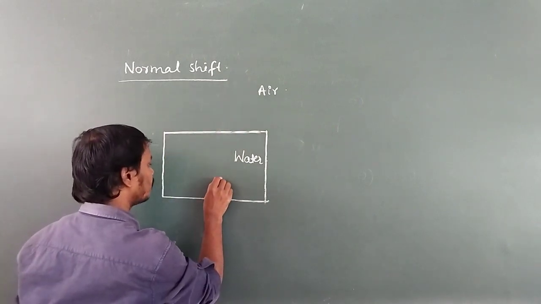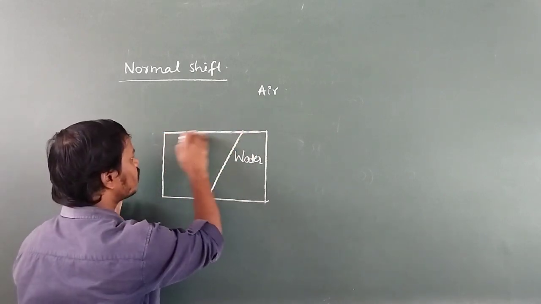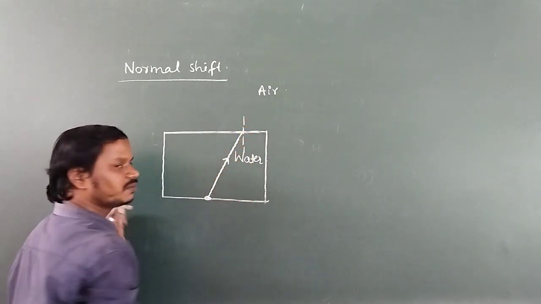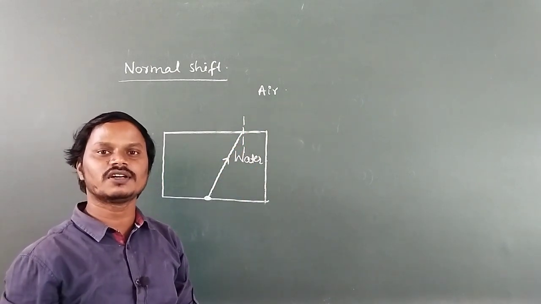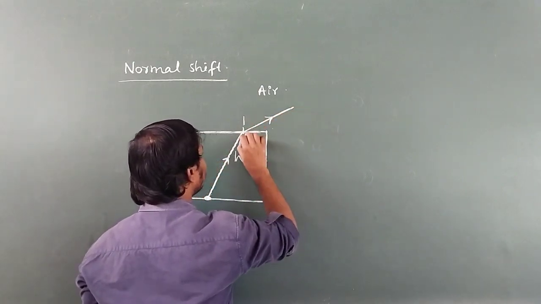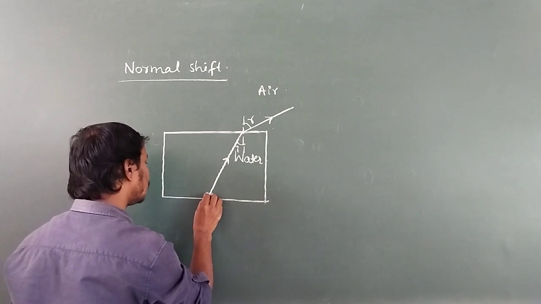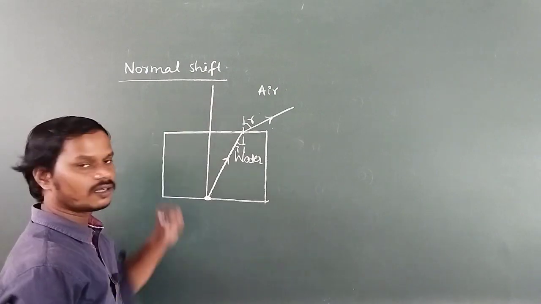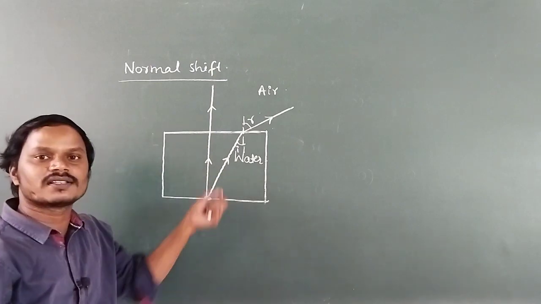Then see here, the light ray coming from the object is incident obliquely on the surface which separates the air and water. Now the light ray is traveling from denser to rarer. So in the rarer medium, the refracted ray bends away from the normal because of the increase in speed of light. Then it is the angle of incidence and it is the angle of refraction. Now one more incident ray I will take. This incident ray is incident along the normal. If the incident ray is incident along the normal, there is no deviation. It passes straight.